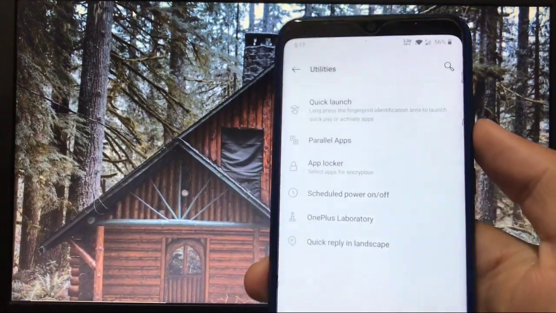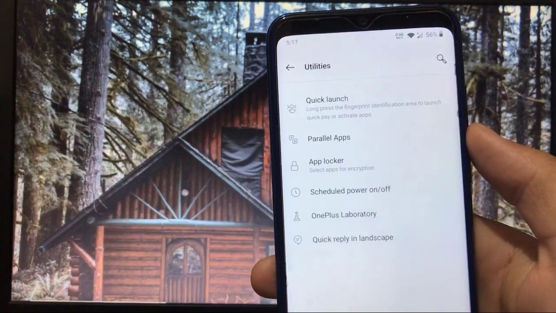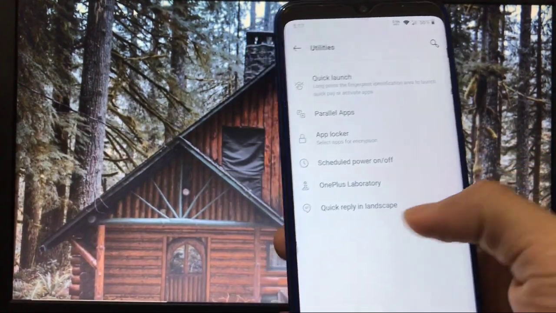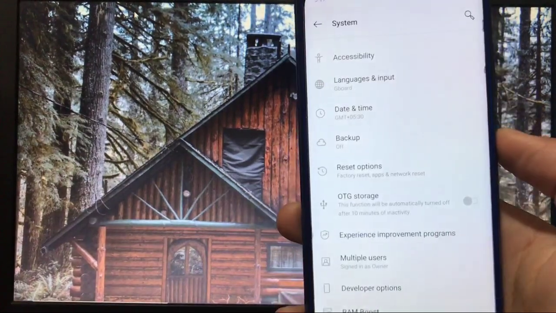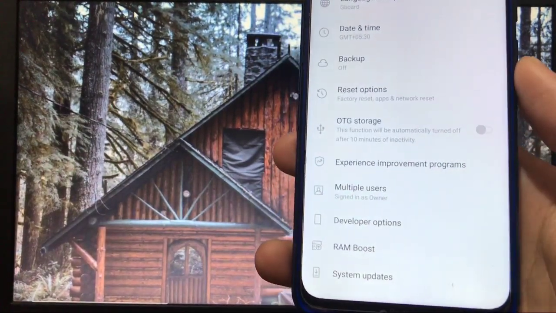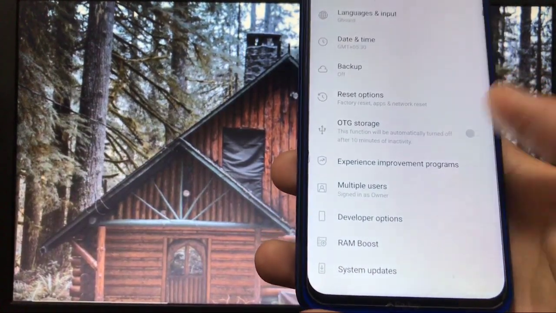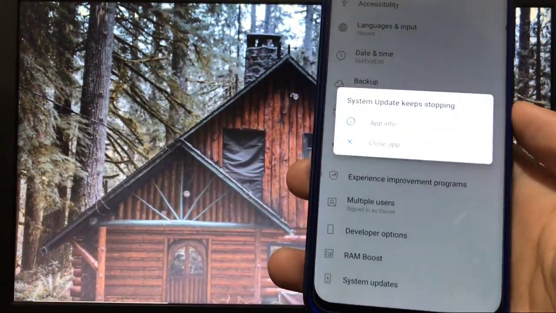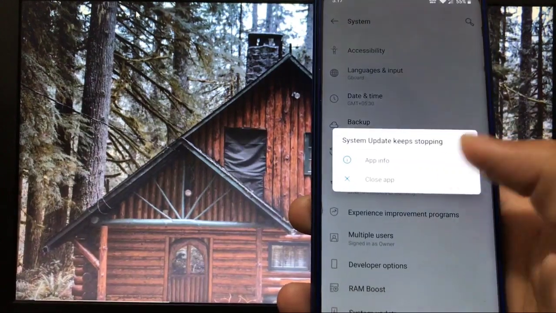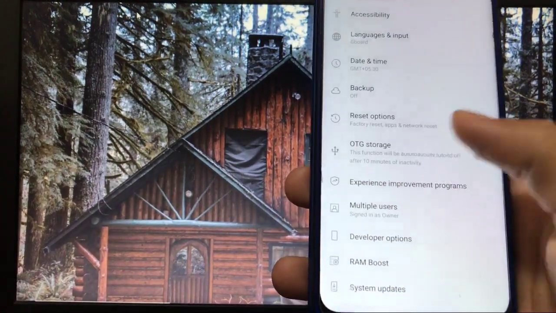In utilities, you have quick launch options, parallel apps options, app locker, and all the features of OnePlus which you get by default. In system, you have accessibility, languages, OTG storage option, developer options. And here's the option of system updates, which will definitely not work. As you can see, system updates will not work, so just forget about it.